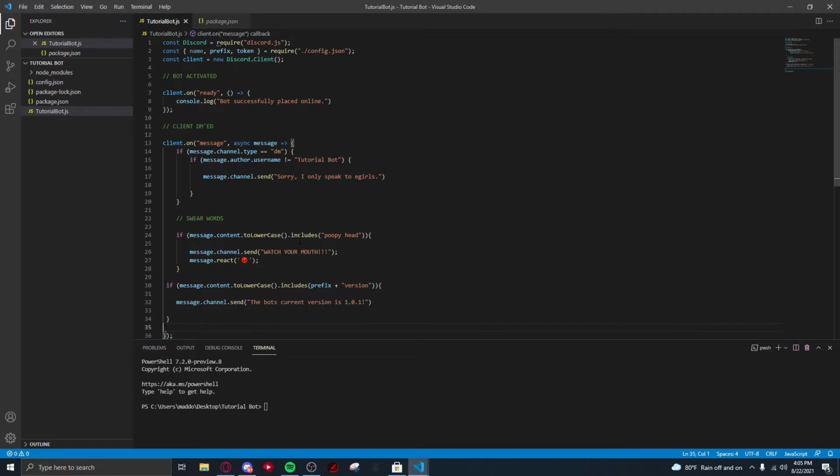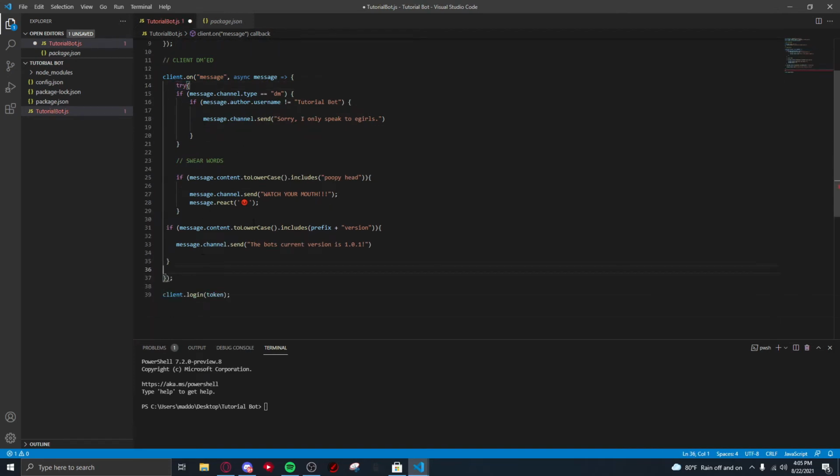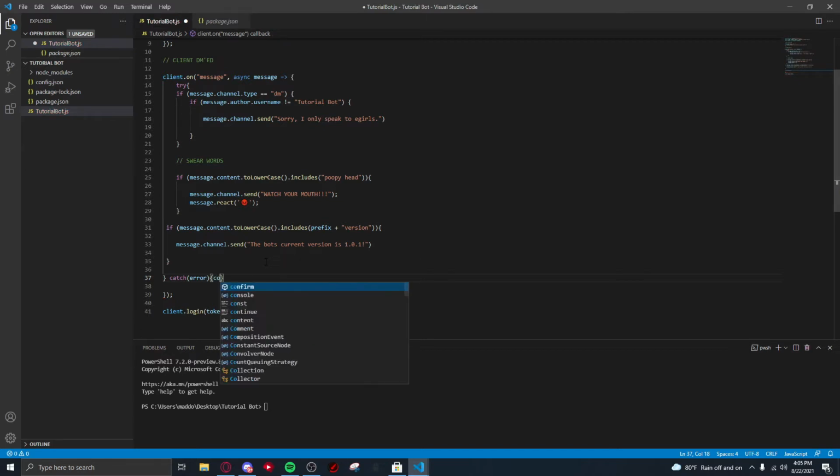So what we're just going to do is go right here where it says client.onMessage. We're going to drop down one line and then just do try like this. Now we're going to get an error at first. Make sure to remove the second bracket. And then we're going to go down to the end here. We're going to press tab, and then do the close bracket, catch, and then we are going to do errors, especially going to catch any errors, and then we're going to do more brackets, console.log